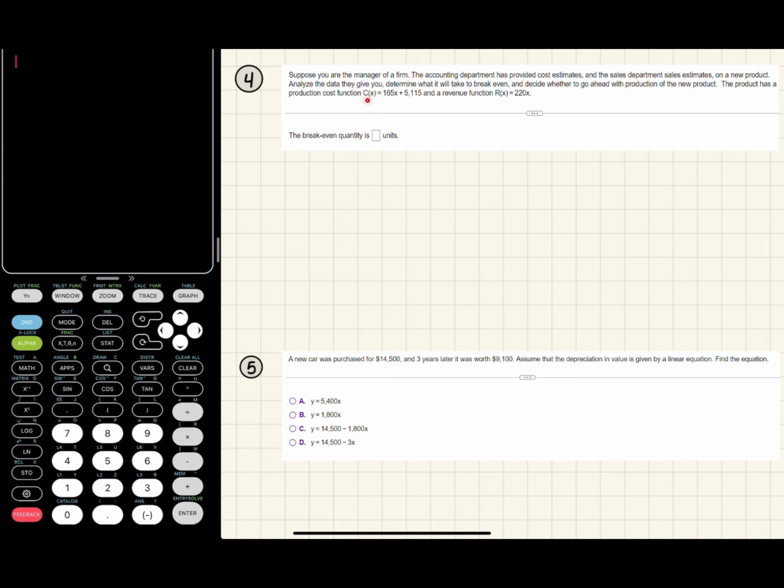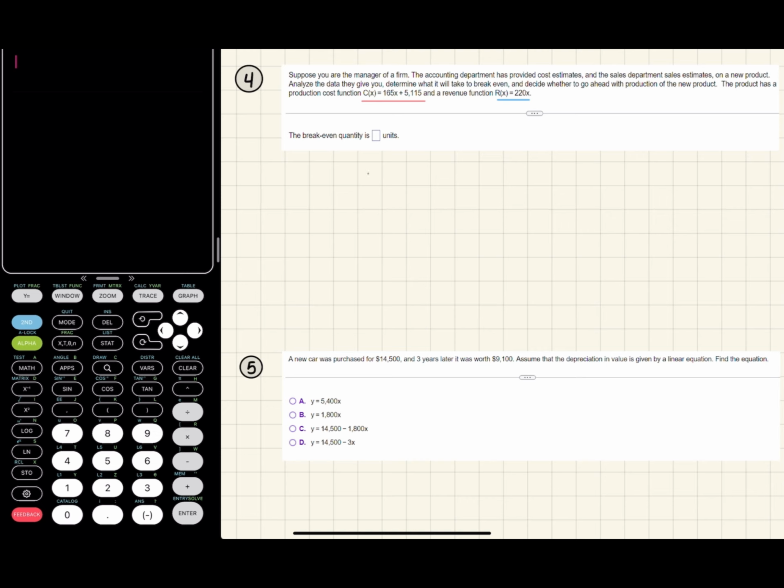So they give us the cost function and they give us the revenue function. And the break-even point is whenever the cost is equal to the revenue, meaning you're making just enough money to cover your costs. And that's it. So